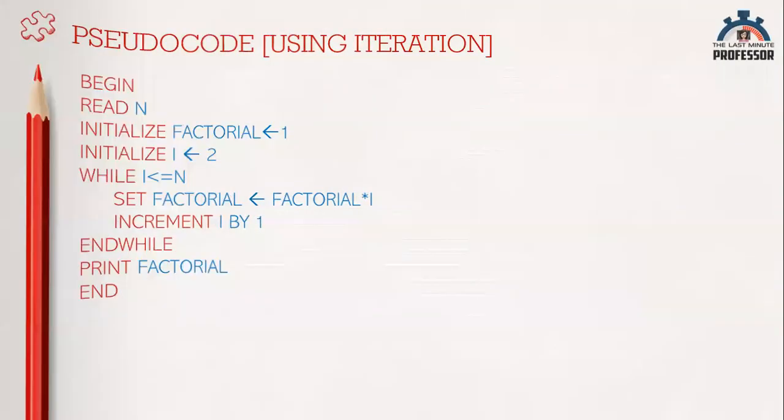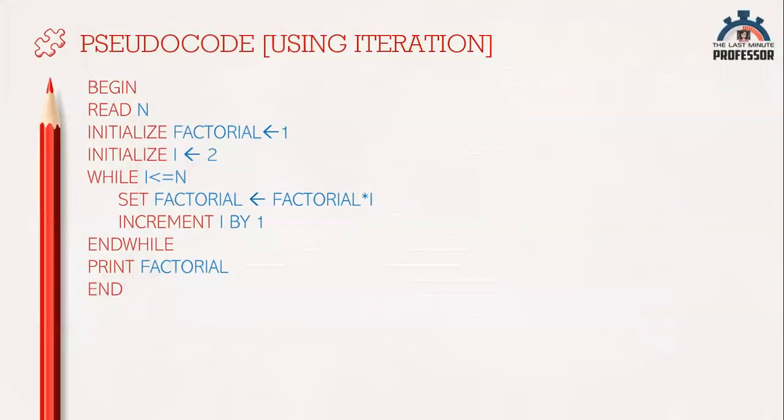The next approach to calculate factorial is using iteration. Here, we are just going to multiply 1 to n to find the value of n factorial. That is, to find 5 factorial, we shall multiply 1 to 5. 1 into 2 into 3 into 4 into 5 and print the answer. So let us see it with an example to calculate 5 factorial.